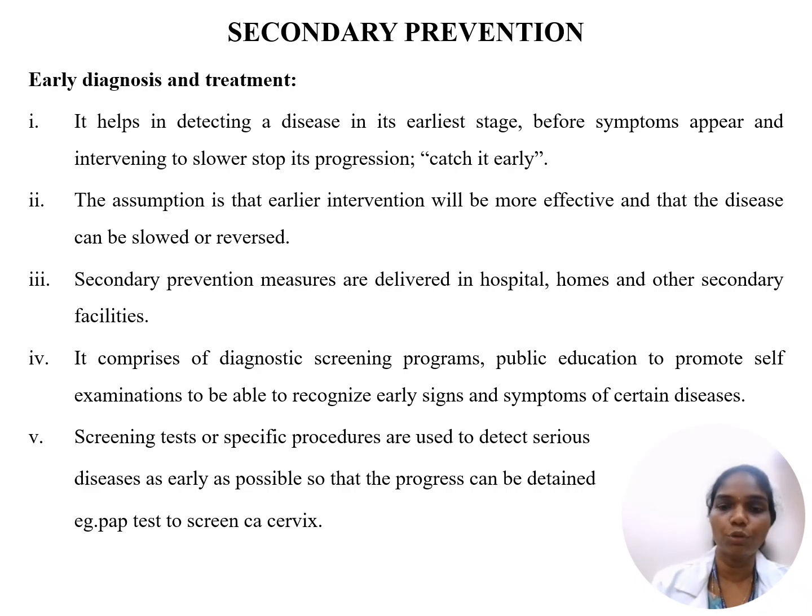We don't want them to meet any complications like diabetic foot ulcer or diabetic nephropathy, neuropathy. So we don't want to get into those complications. Preventing further complications from the existing disease is secondary prevention. How we can achieve that is by early diagnosis and treatment. Early diagnosis is very, very important in any disease. Any small symptoms or any modifications in our body, we have to note very keenly. We have to take everything into account, diagnose, and early treatment is very, very important.